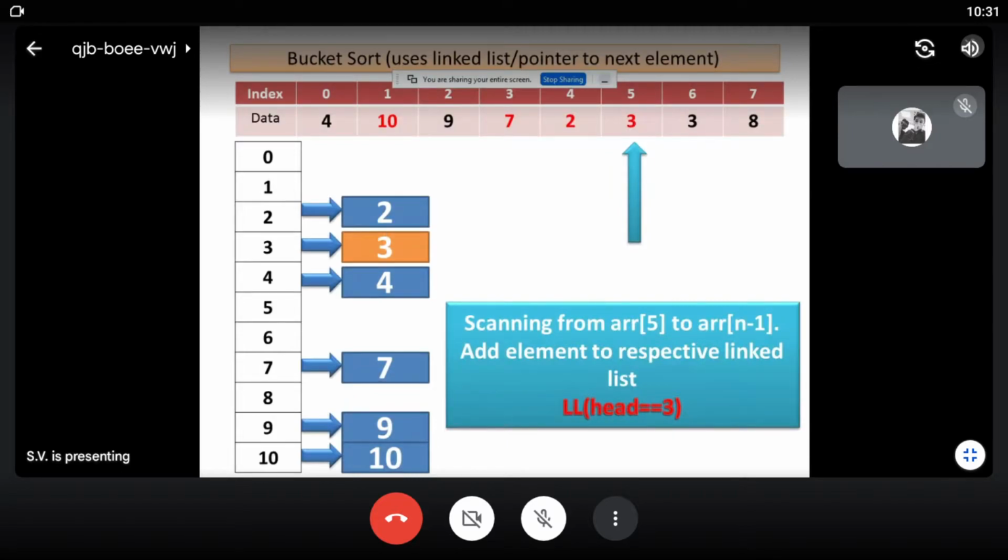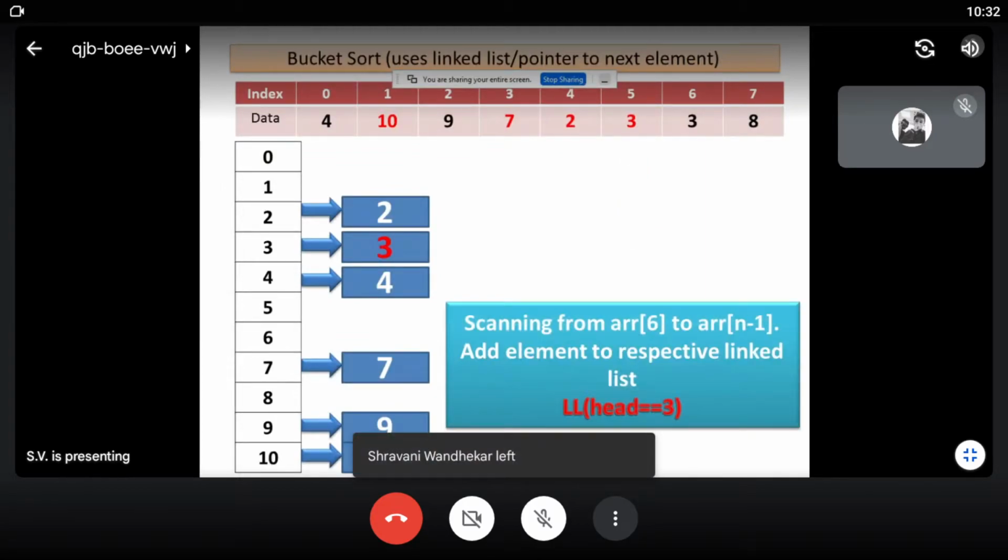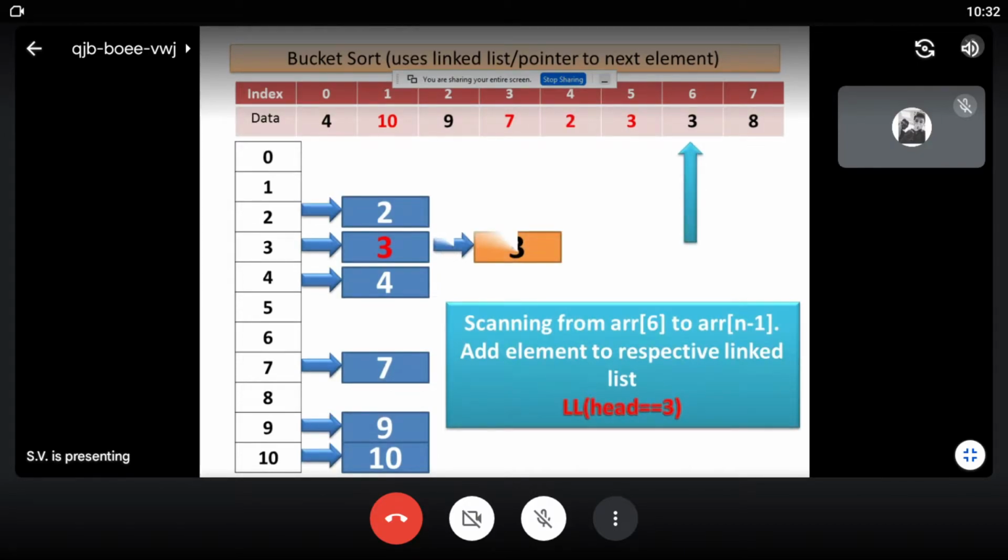Now you can observe that the next element at index 6 is also 3. So what will happen? You add one more pointer to the linked list, to the next of 3. This is the design. When there are duplicates, you have to follow the sequence. The index 5 with value 3, labeled with red color, will come first, and index 6, labeled with black color, will come after that. Participants, are you able to understand these 5 and 6 positions?